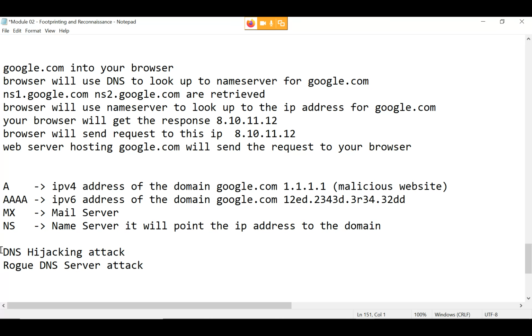Now, in a rogue server attack, what does the attacker do? The attacker replicates